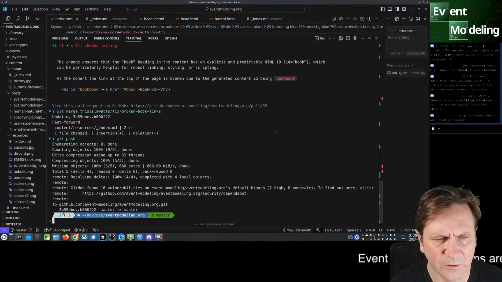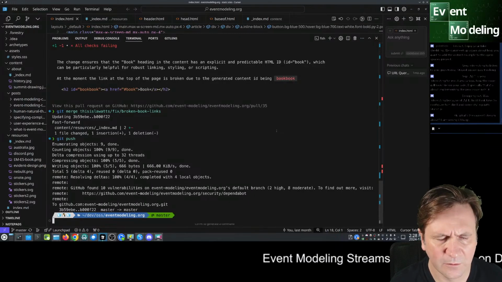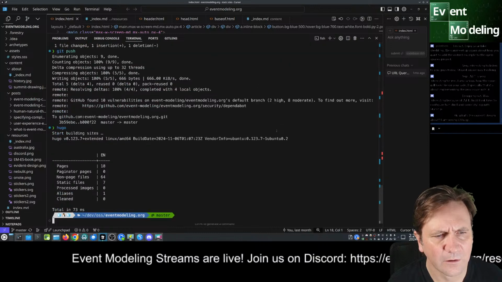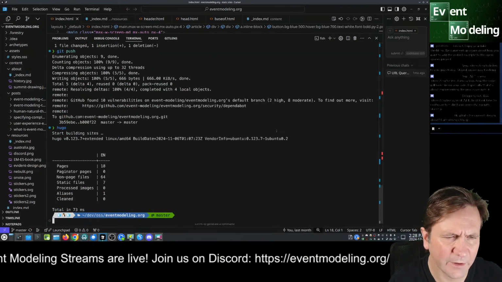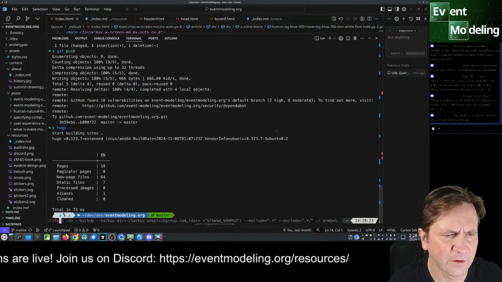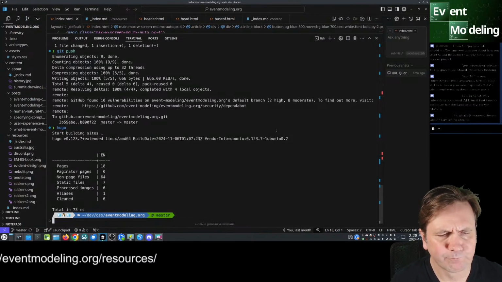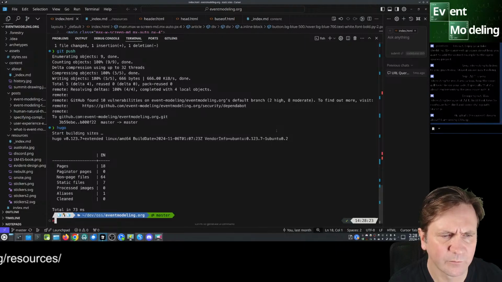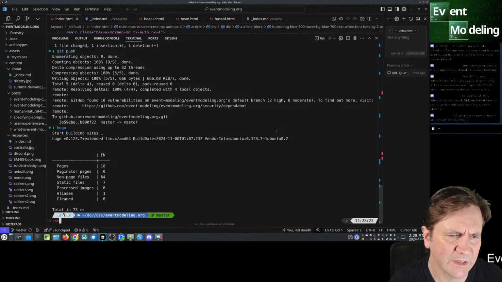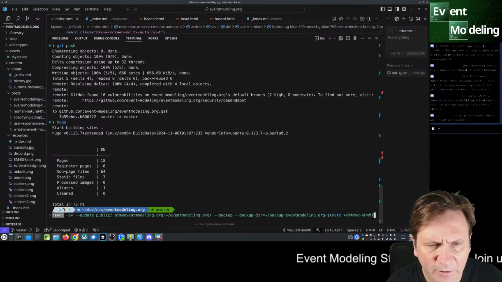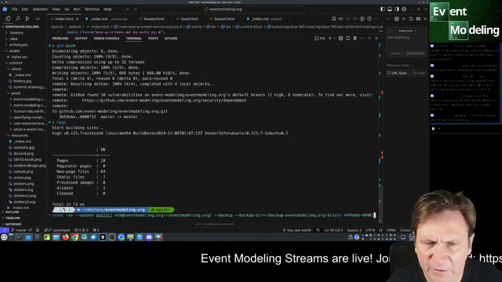Okay, so that's new, and then I can actually do a Hugo. Yeah, that works. Okay, and rsync. When's the last time I synced from here to the event modeling site? Okay, here. I think that's the one.